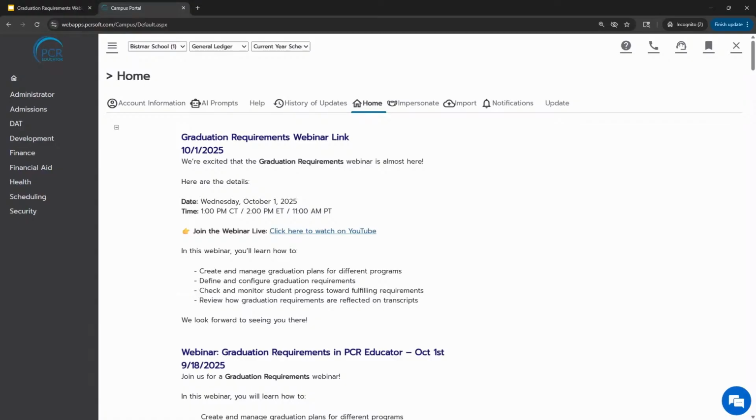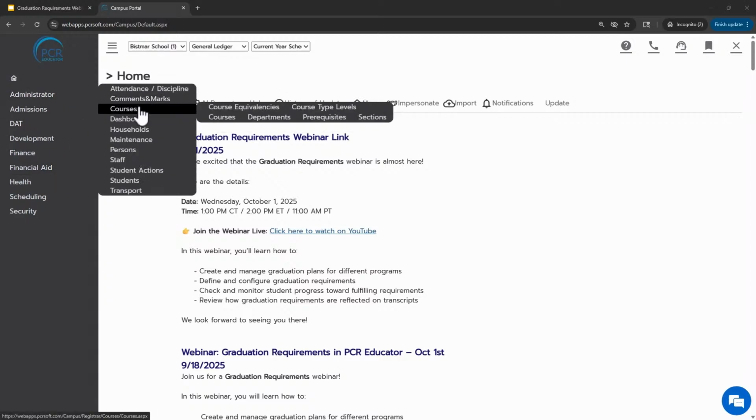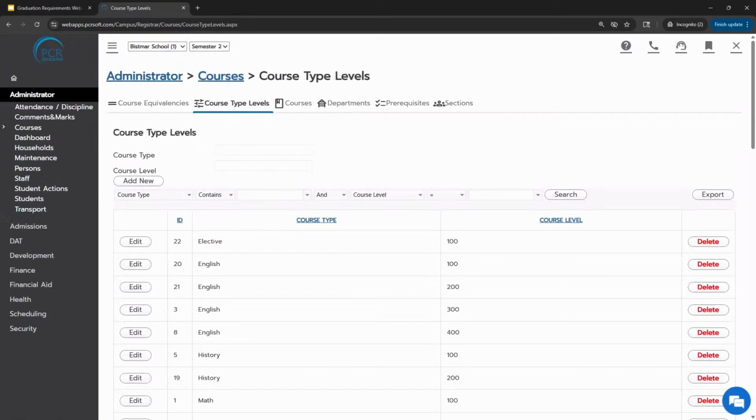and we're going to start by going to administrator, courses, and course type levels. Course type levels set the groundwork for tagging or grouping courses that are similar, and they serve a dual purpose. They can be used for prerequisites when students are selecting courses, and they can also be used